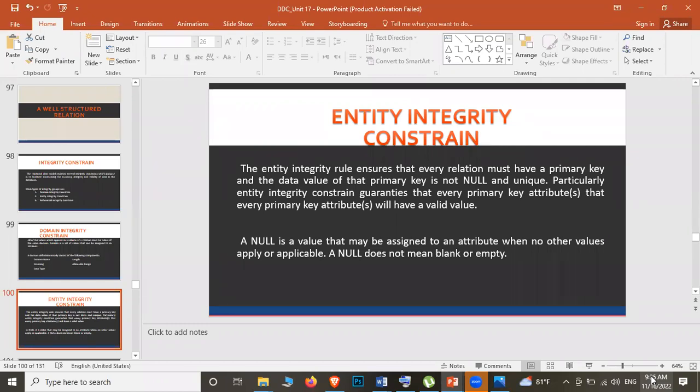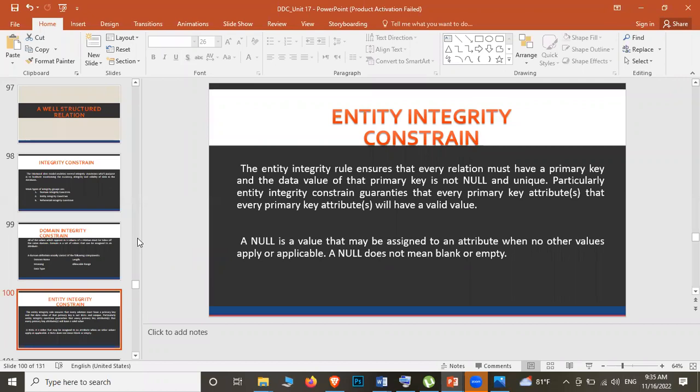Got it? So the entity integrity constraint is the not null rule. The primary key field must definitely be filled. If it is not filled, if it is null, then the system is not going to give you permission to continue. So your register ID or employee number, whatever it is, must definitely be filled there. That means if there is a table, the unique ID key must always be filled.